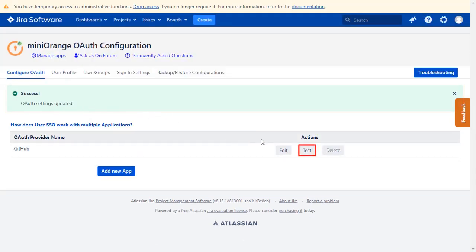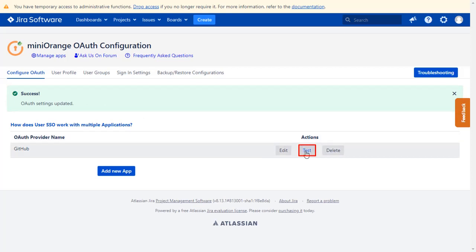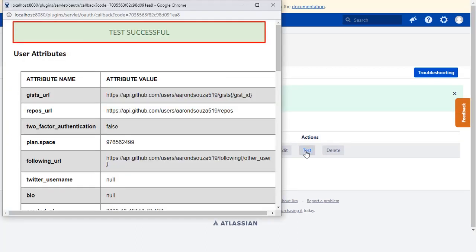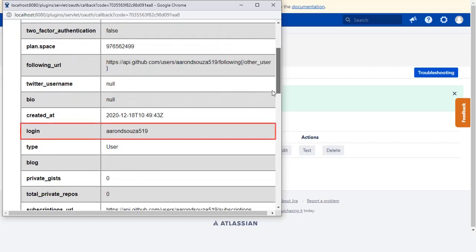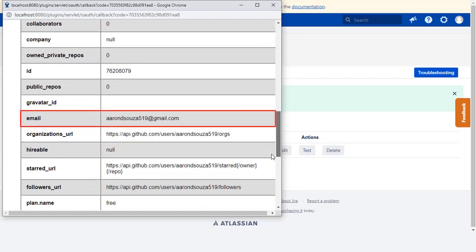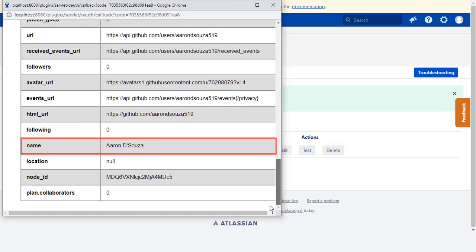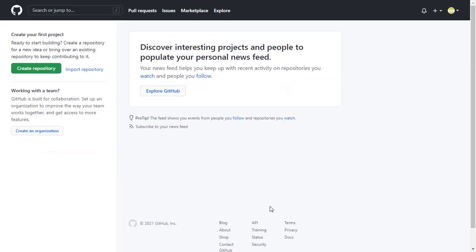To test your configurations, click on Test button, and you can see successful test configuration here, along with the username, email ID, and name. If the email attribute is returned as null in the test configuration window, then go to